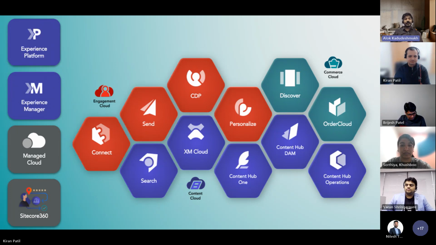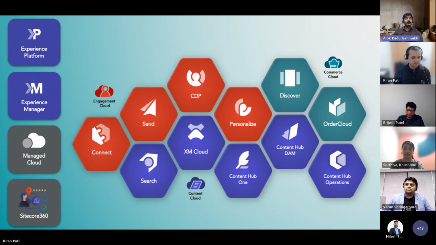Okay, so the current release, 10.3, as per Sitecore, was the highest adopted and most complete release ever. So what is next? In 10.4, they are not updating anything in XM or XP. Sitecore is coming up with new integration capabilities in Sitecore Connect, which helps the integration with other systems. When I say other systems, it is like Salesforce, Microsoft, CDP, any third-party integration systems.